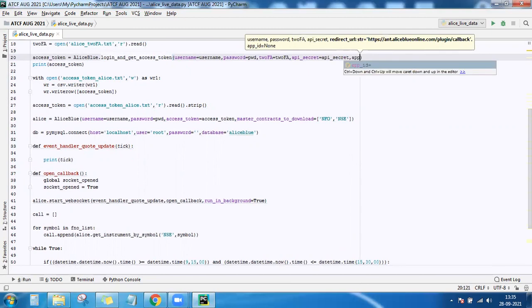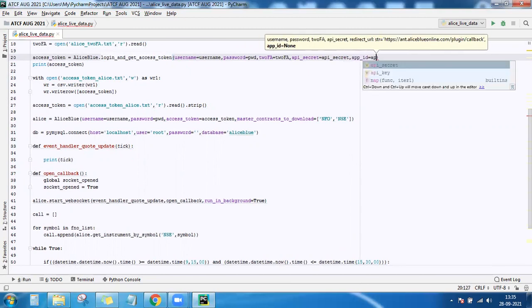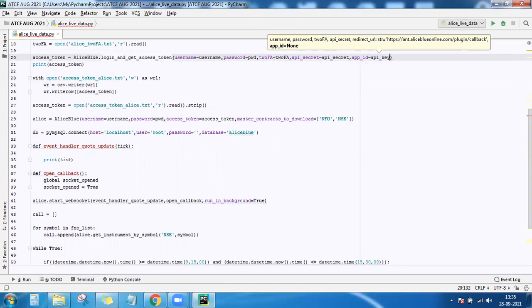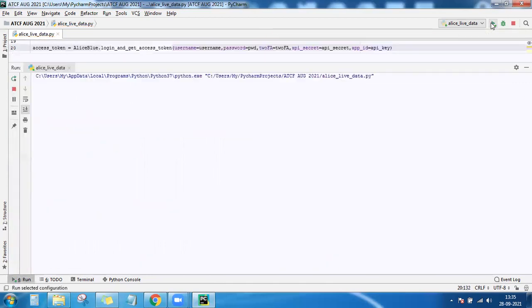So the app ID will be api_key. So I got the access token now.